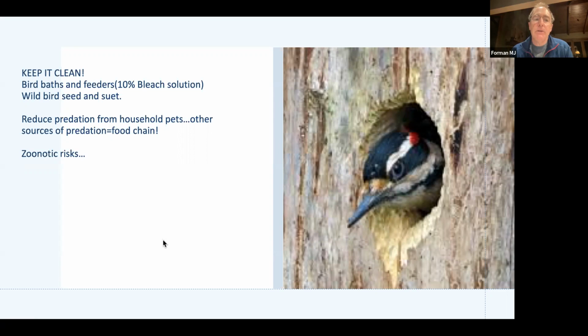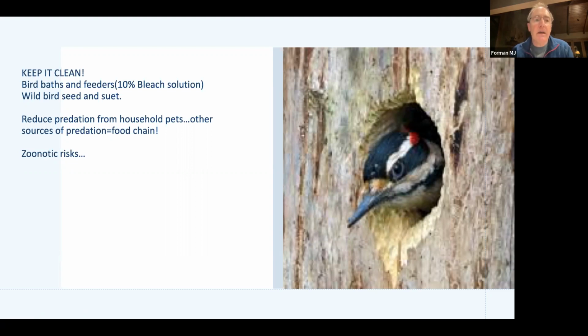And that has to do with cleaning your bird baths as well as bird feeders. Birds love pooping in water as well, as you probably know. And talk about illness, the first thing that comes to mind with me is Salmonella. So it's pretty much everywhere. So anything you can do to keep your feeders and your bird baths clean. Don't forget, bleach is a great disinfectant, but it's a very poor cleanser. So if there's organic material like feces, like